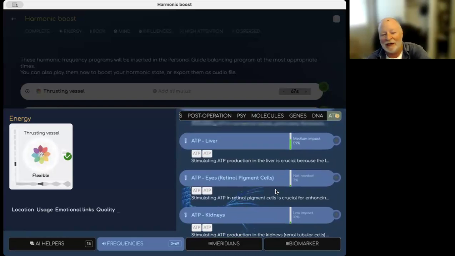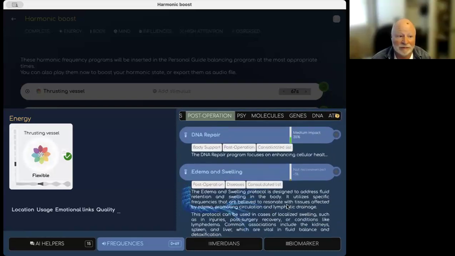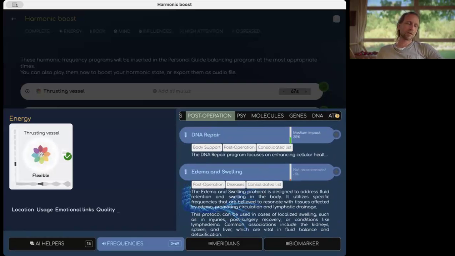And well, I wasn't using that. I was using where you are right now. I looked at DNA and genes and it says not recommended. Don't use it. Okay, so not recommended does not mean literally don't use it. It means that